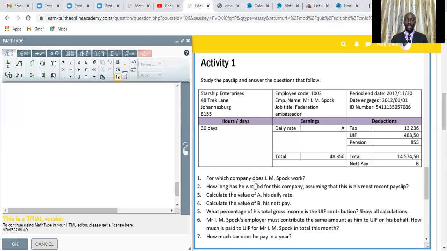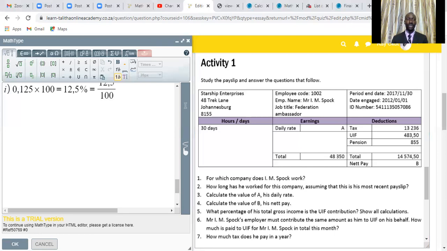For which company does I.M. Spock work? Who is he working for? Well, notice that in the first box here, we saw the name and address of the company. The name of the company is called Starship Enterprises. And so in trying to fix this up, we will be having